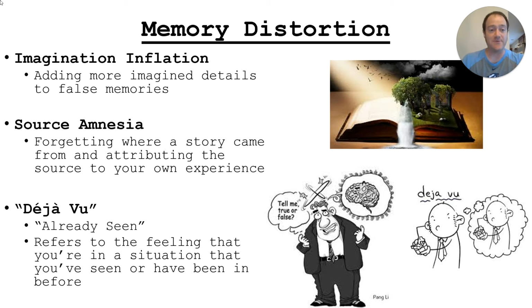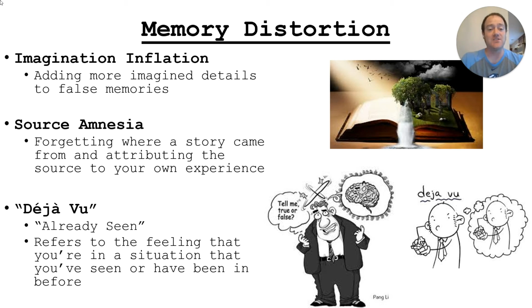Okay, a couple of other things with memory distortion. Imagination inflation. I know it sounds like a carnival ride, but all that means is that sometimes when we tell stories, and I don't really know how true this is, if someone adds in a detail that maybe didn't happen, then the next person adds in a detail, and it gets more and more, and suddenly we remember it way different than it actually happened.